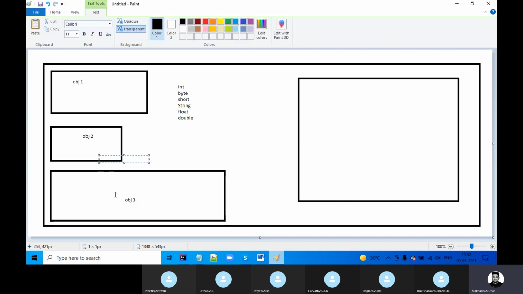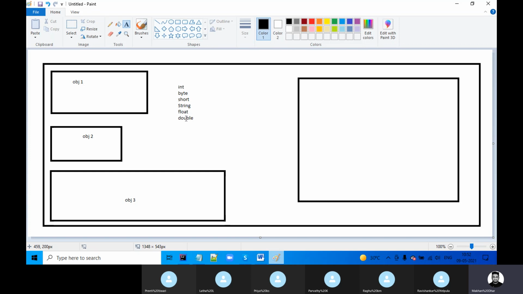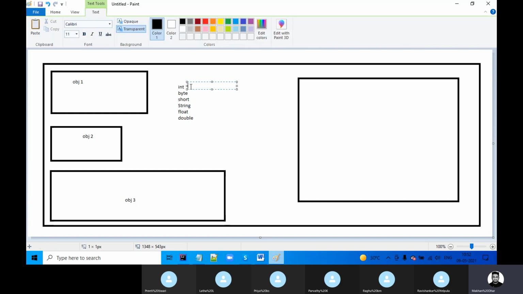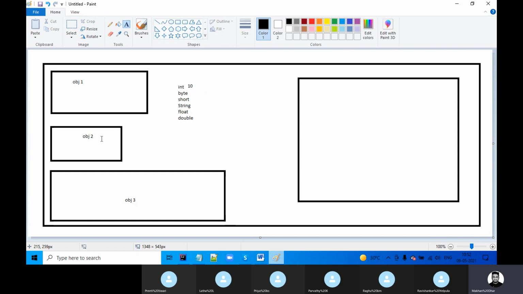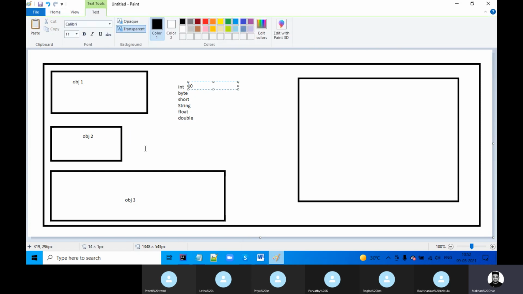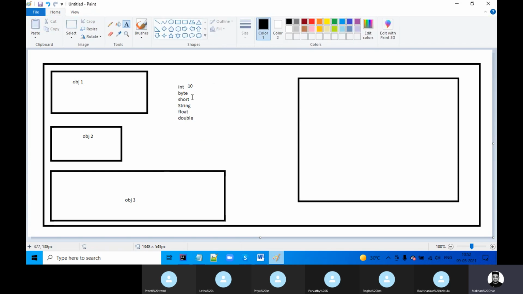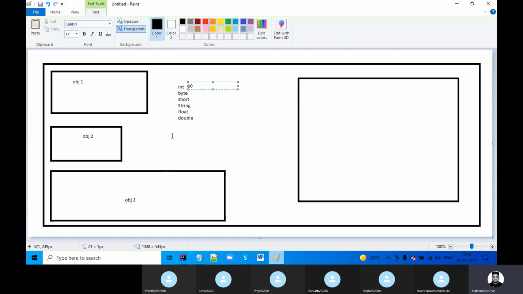So this is the object, to store some value. If I put 10, this object will keep the value 10 in the memory allocation. Don't think about how memory allocation works; it is completely technical. Just understand that if you want to store 10 in the memory, it will obviously store it.